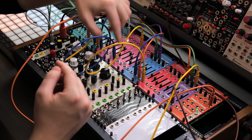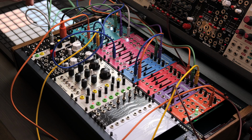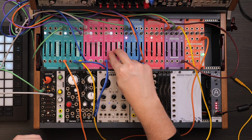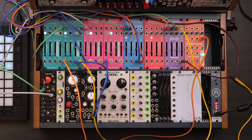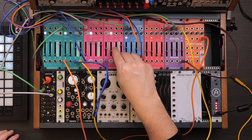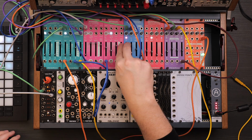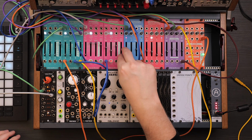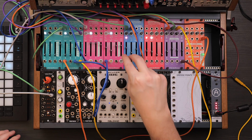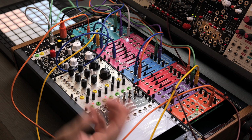But this modulator also has an LFO function. So if I remove the trigger here, I can just press this button once and now we're in LFO mode. And if we listen to it without the delay,